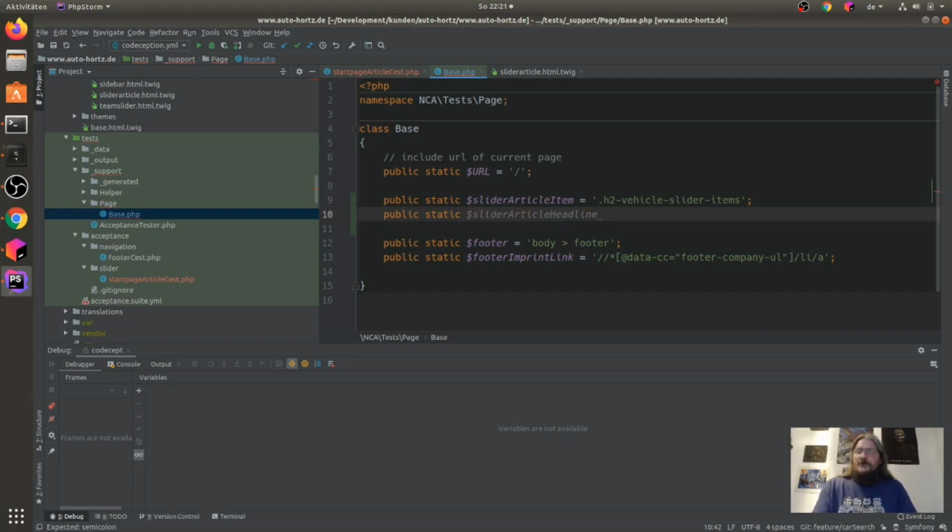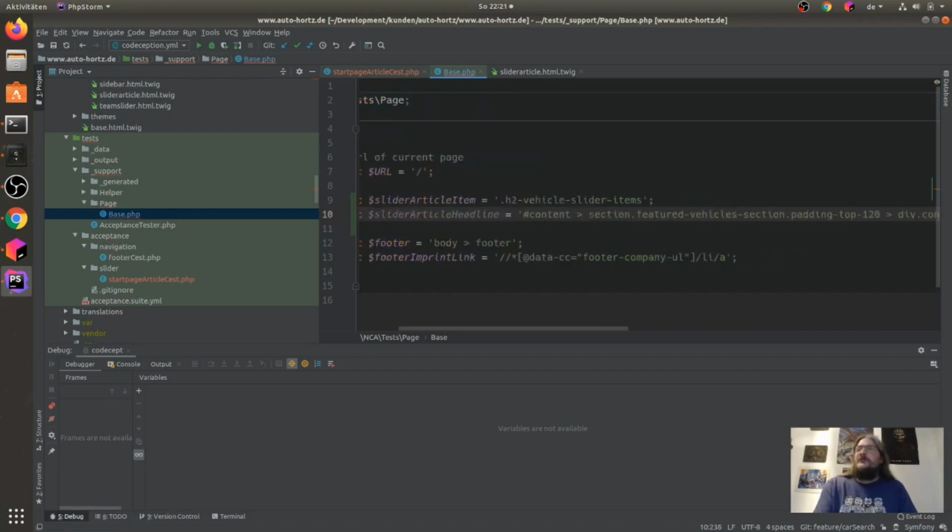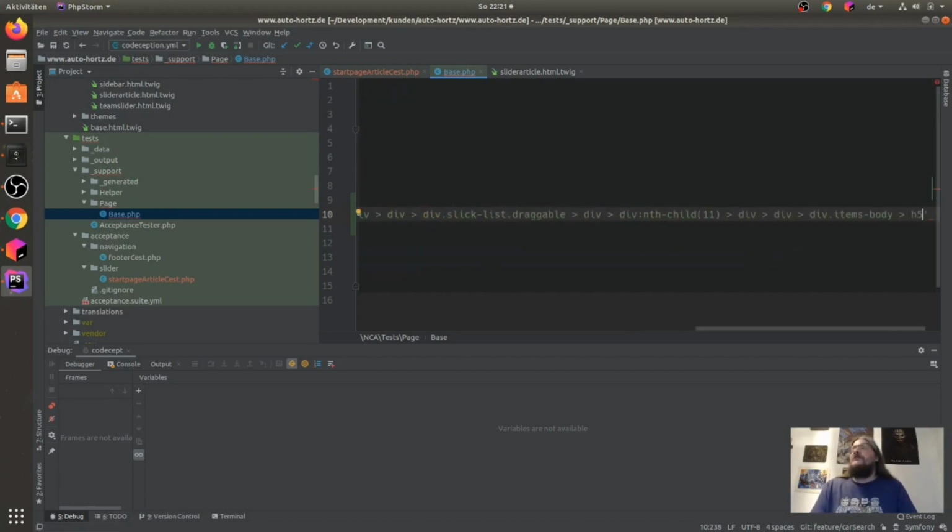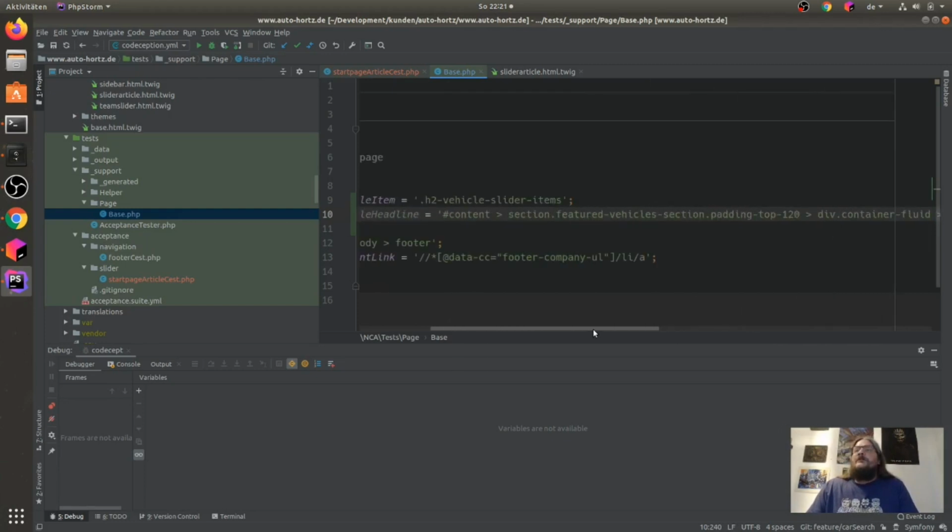And now here we can just say, okay, please give me the selector. And now we see that our selector is not the best here. But we have the big deal that we can add here some properties to our HTML markup to make this more effective.